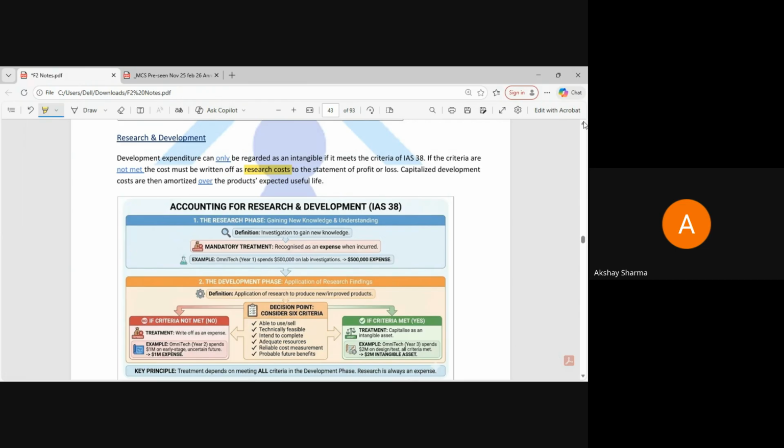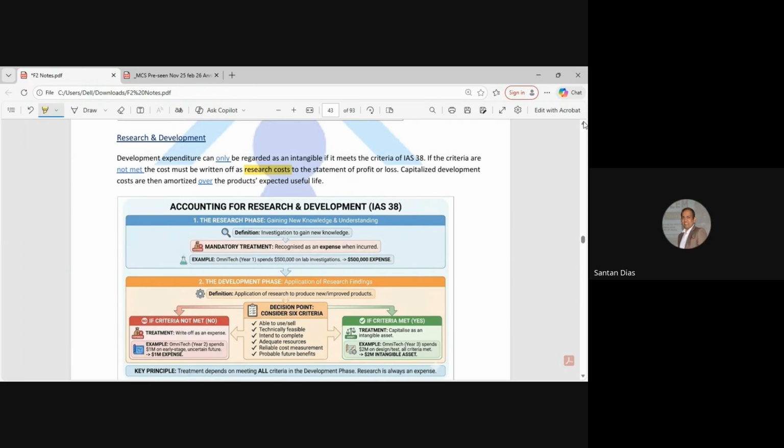Just remember two things. This is a very simple chapter. IAS 38 will recognize only in two conditions. One is that it is probable that there will be a future economic benefit, that we'll get money from this. And second, you can measure it properly with the market price or whatever you want to use. So other goodwill would be a part of valuation only. Thank you, it will help the business.